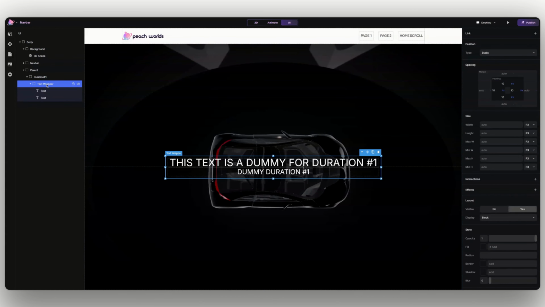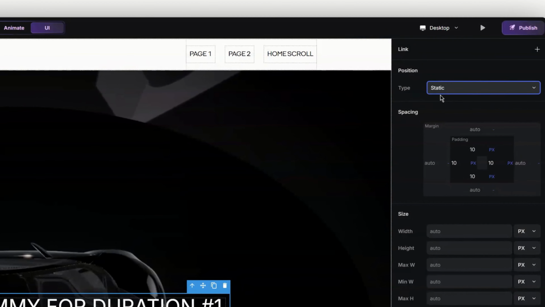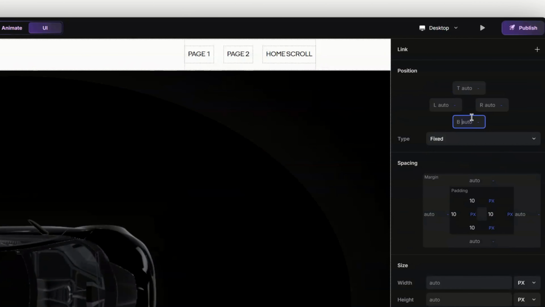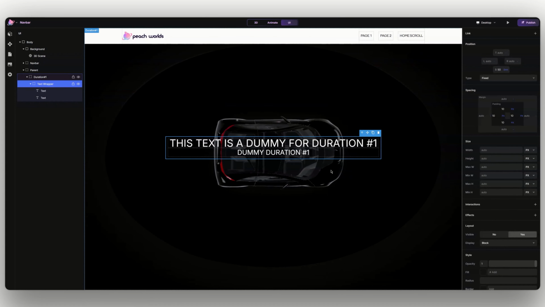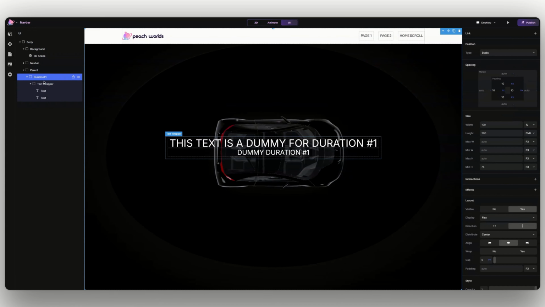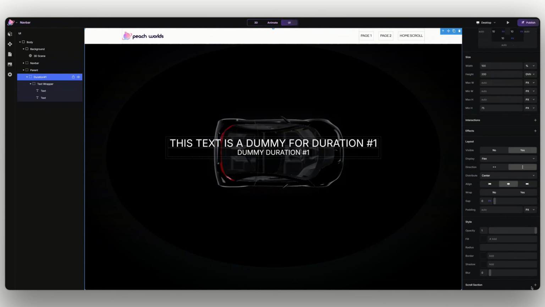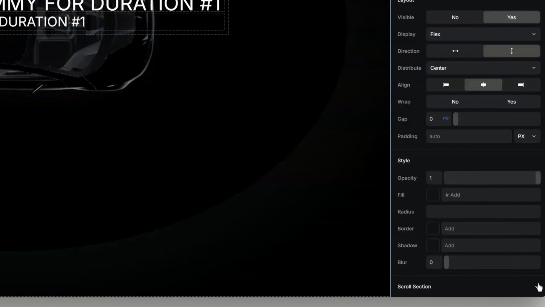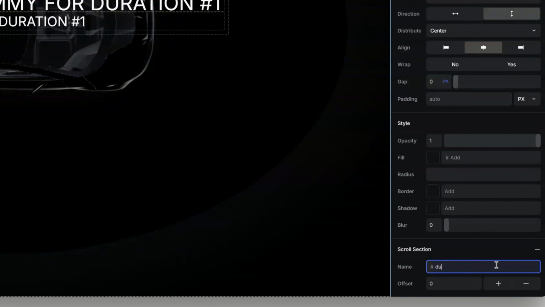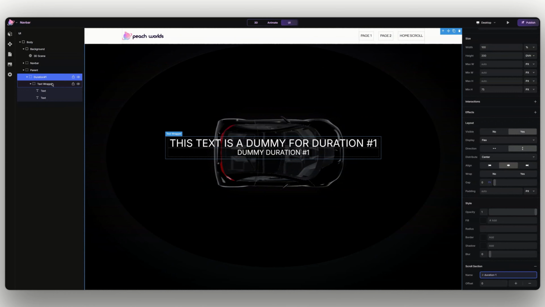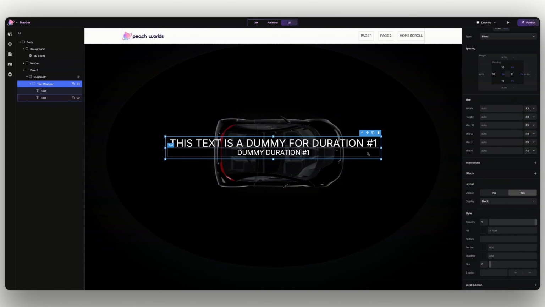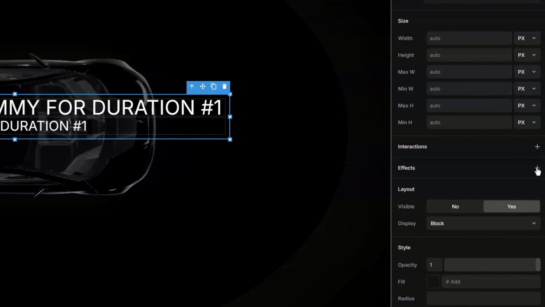Now, let's change the positioning of this text wrapper to fixed. And let's make it 50 dVH, so it's half of our screen. And let's add scroll section to duration 1, or the parent block. And let's name it duration 1. There we go. Now all we have to do is go back to text wrapper and go to effects and